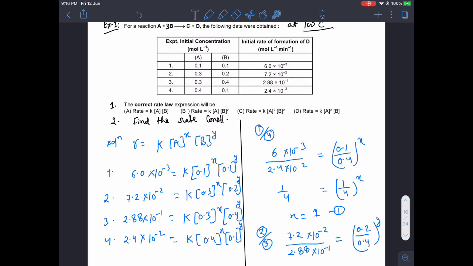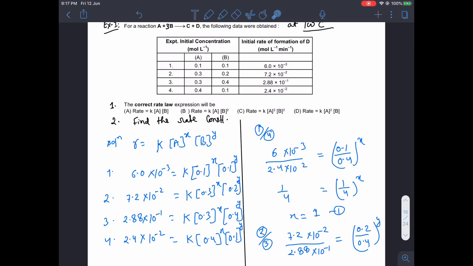If you look at this one and if you look carefully at the fourth one, can't you see here the value of B is constant and A is actually changing 4 times? So with the help of this, one advantage I will get: the power of B will be cancelled out if I divide by 4. So now this is 1 divided by 4 on the LHS, and on the RHS we got this, because the B 0.1 concentration is there, that will be cancelled out. Now if you see here, 1 by 4 is equal to 1 by 4 to the power x. If you solve it, we get the value of x to be 1.